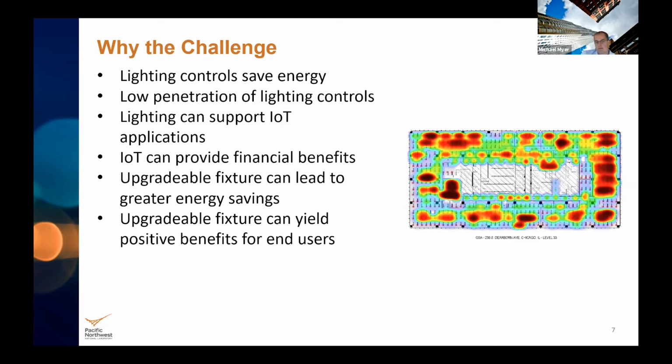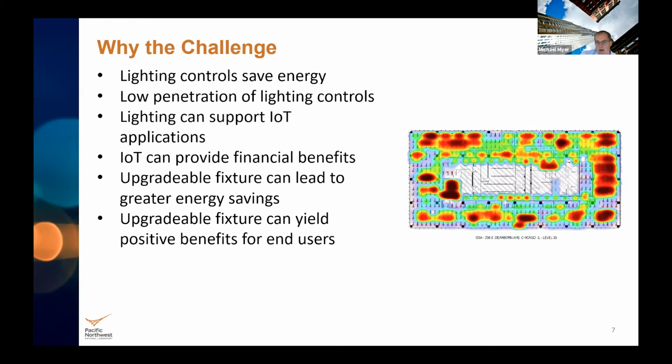Lighting makes a lot of sense because there's power and a platform to mount the sensor and other features. IoT also has financial benefits. The idea here is that if you had space utilization or some of the other applications we'll talk about in a second, you're able to use that information to make operational changes. It might be changing a lease or real-time tracking of assets. There are many things that can add value in the IoT world, and so that makes the whole system more financially